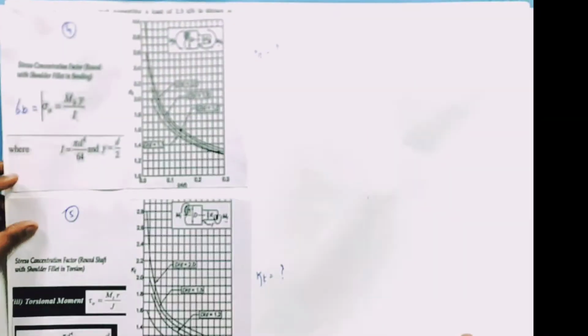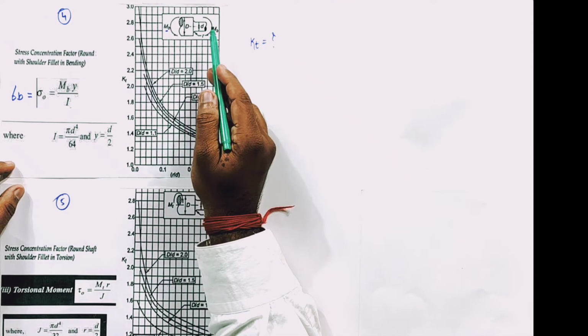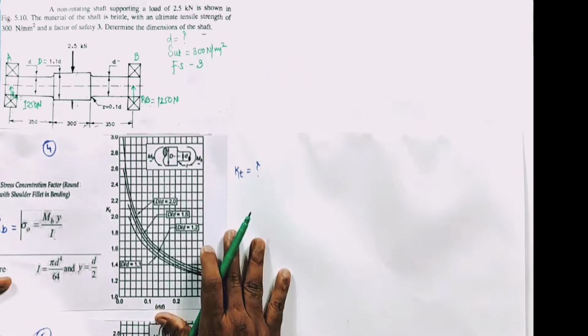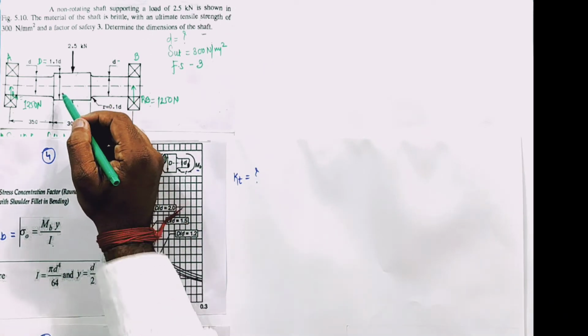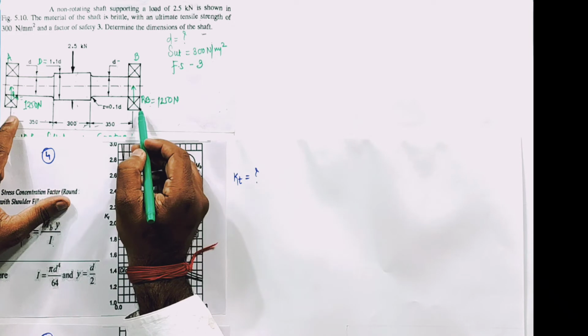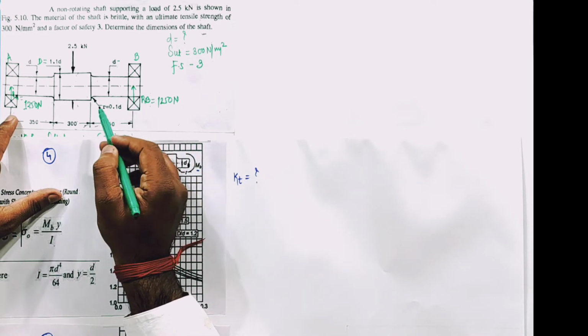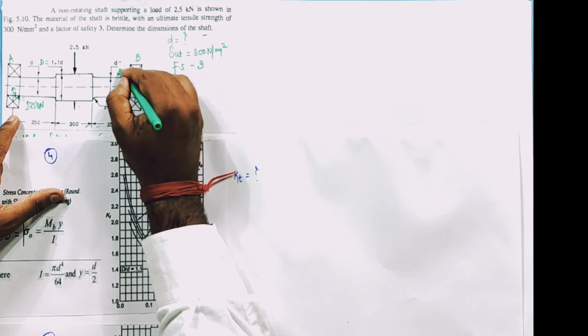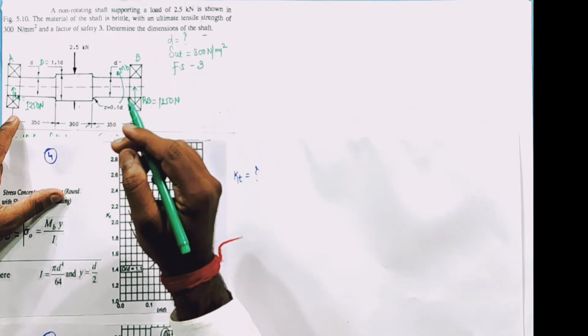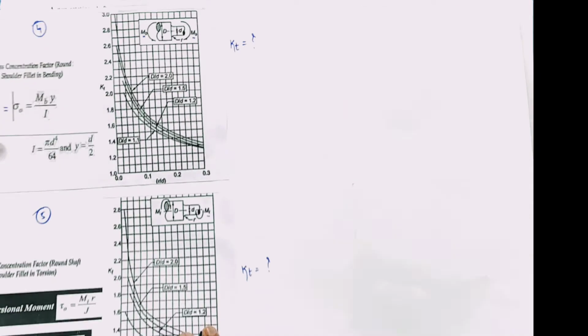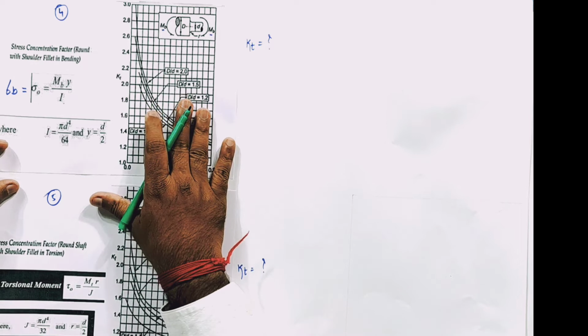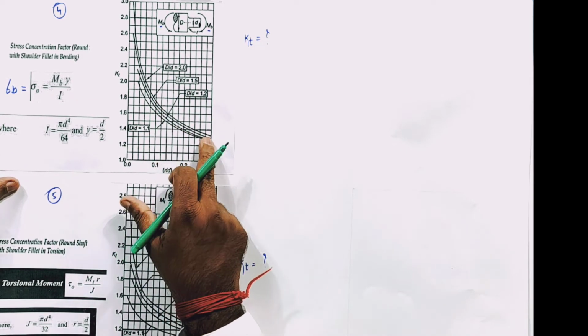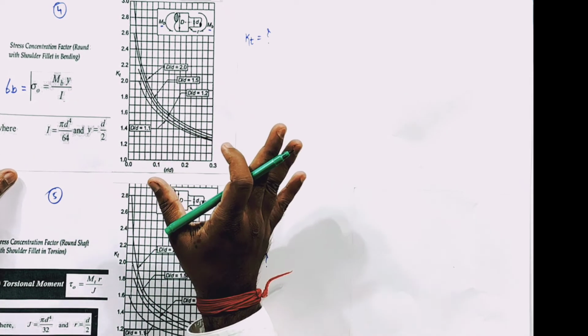In the case of the fourth, what have they suggested? They have suggested round shaft with bending. Now, logically speaking, if I apply load here, there might be chances of bending because the bearings have reactions, due to which bending will occur at this point, MB. Correct? So I can say the fourth graph is suitable for our case. Right now, as per the given data, the fourth graph is suitable. Is that clear? How to select the graph?